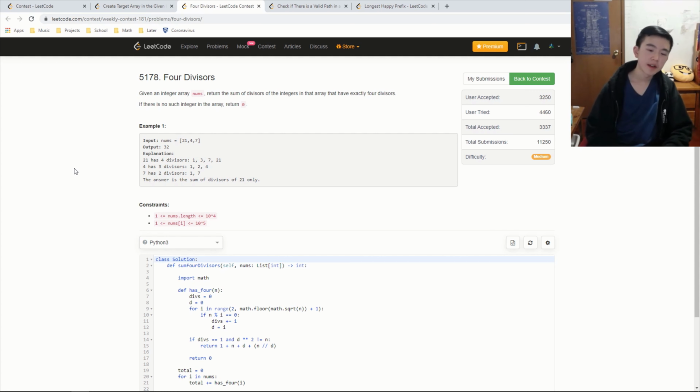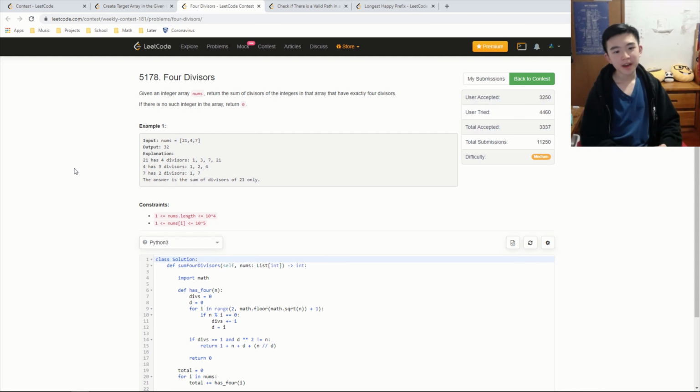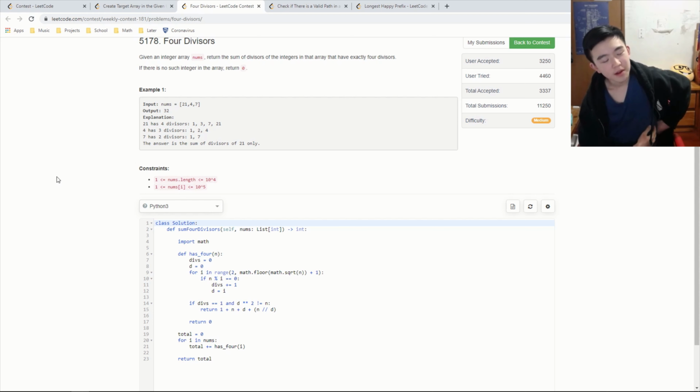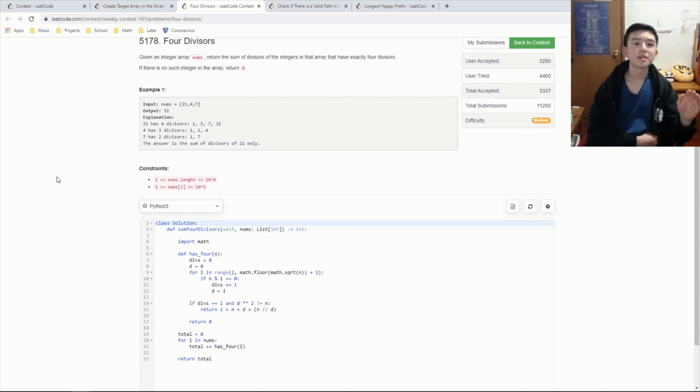So there's nothing smart to this. There probably is a smart math way to do this, but I'm not that smart at math, so I just did it the dumb way. Basically, to find if an integer has 4 divisors, we look for all the numbers up to its square root, and we see if there's any divisors in there.